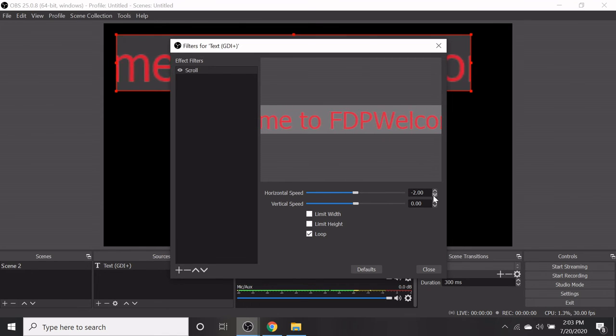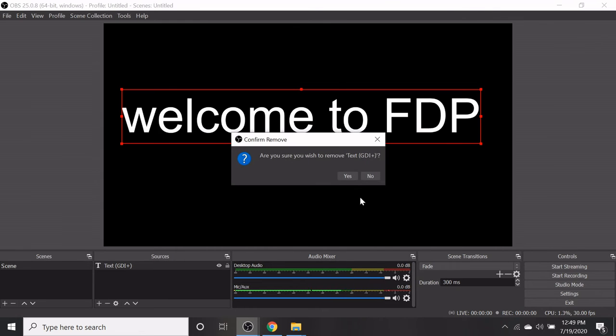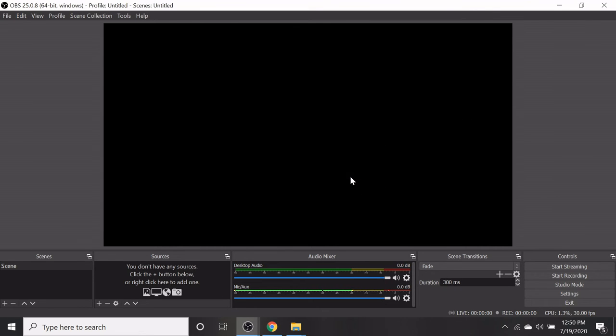I make it 0 position now. So this is the default, or just click on default. So this is the way to make the text on the interface screen. This button, the text will be removed.